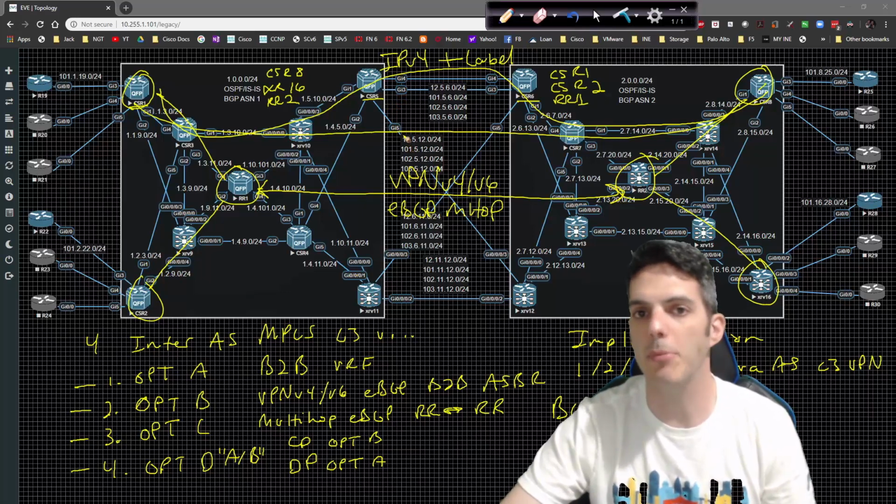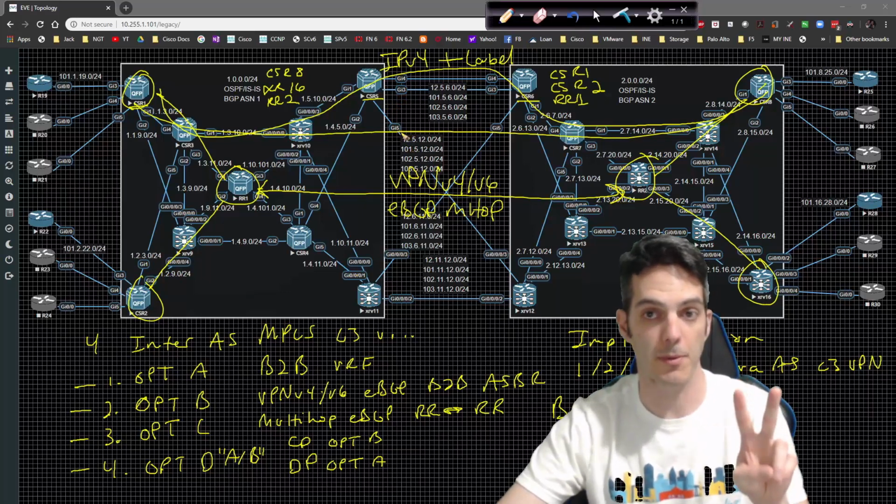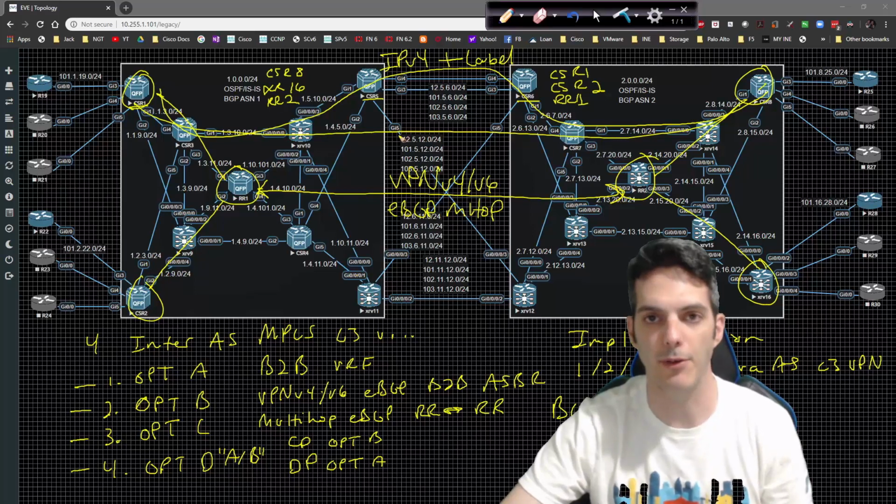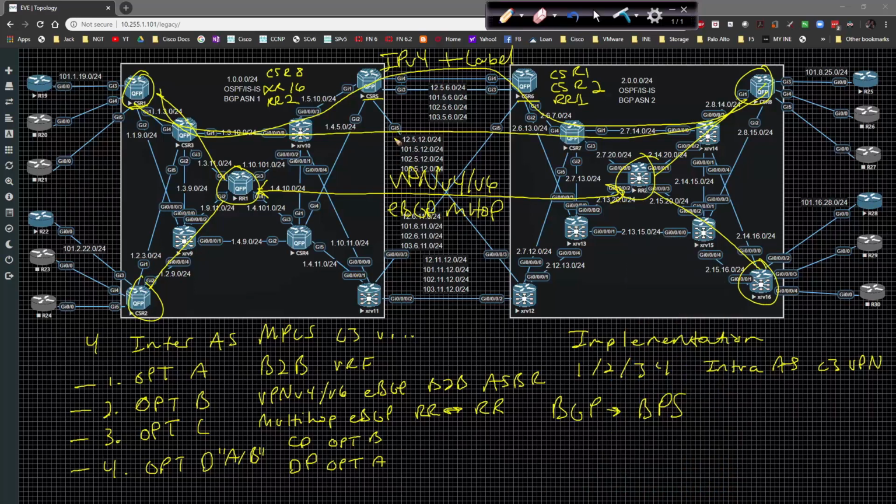This is the most complex version when you're dealing with two different service providers. This is the most complicated way of doing it. Now, it's only complex because there's a lot of capabilities that come into play. One of the main reasons why it's more complicated than option A and option B is because now when I